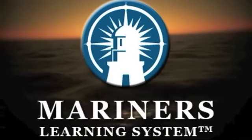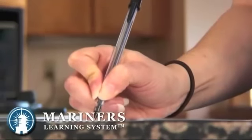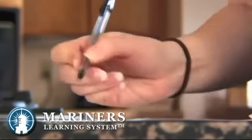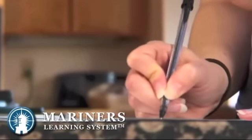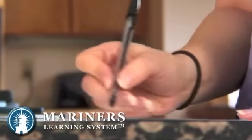This is the Mariner's Learning System, providing knowledge and know-how and answering your questions about captain's licensing qualifications and Coast Guard application requirements. Coast Guard statistics indicate that most delays in the licensing process are due to mistakes or oversights in the preparation of the application paperwork. An application package will vary depending on the license you're applying for, but the basic requirements will be covered in